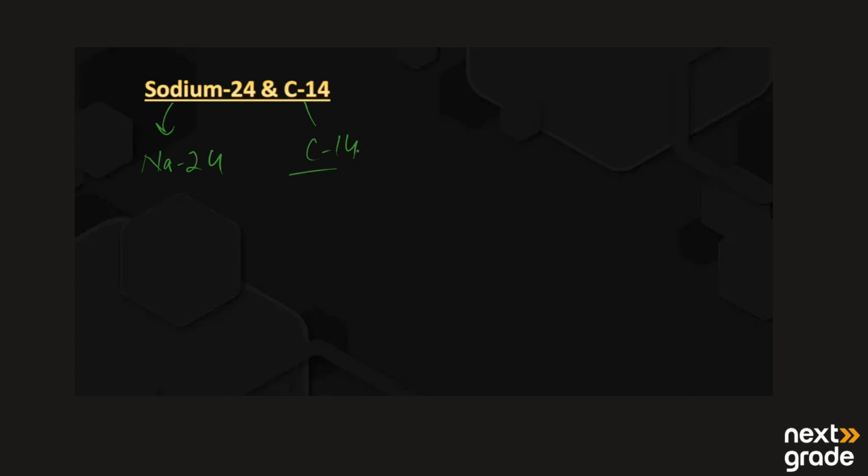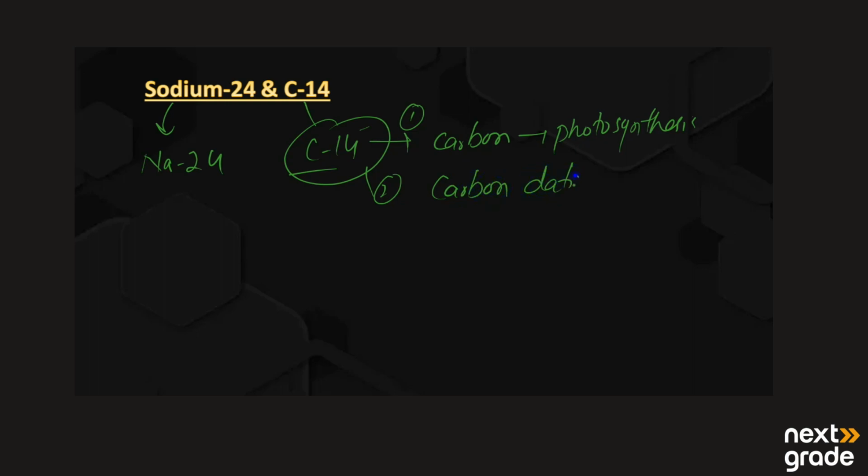Carbon 14 is used to trace the path of carbon in photosynthesis. This is the first use of carbon 14, and the second use is carbon dating. What does carbon dating mean? In carbon dating, basically we use carbon 14 to estimate the age of the plant